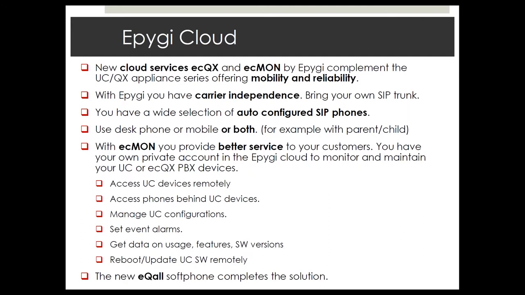In the case of the cloud, it comes included with any cloud service. In the case of the appliances, you buy on a per appliance service for a year. It's about $20 a year for a single appliance, or if you got more than 10 appliances, it's going to go down to 15. But for $15, you get access to the platform where you can monitor the device, you can get alarms, you can do certain administrative tasks like firmware updates, reboots, and also manage your configurations of the devices,